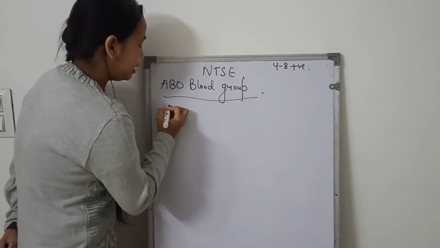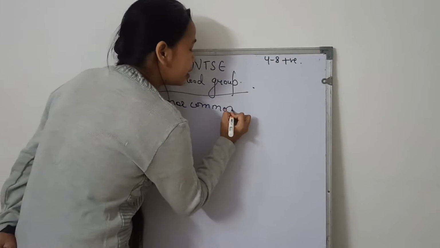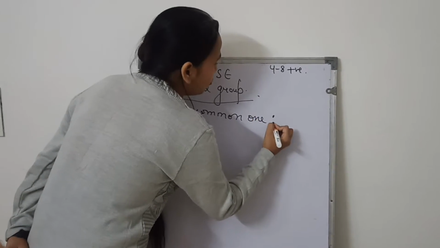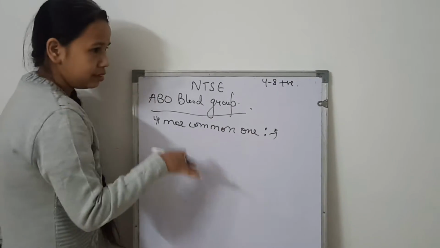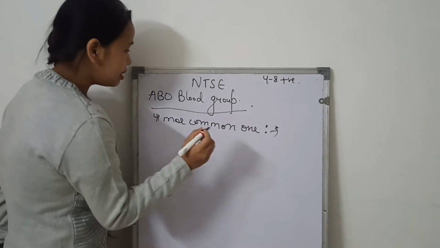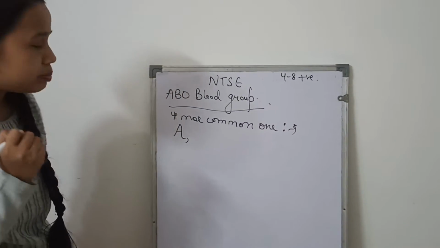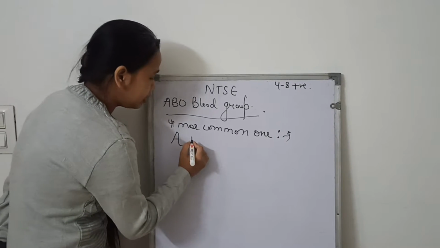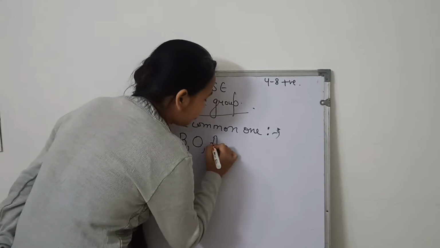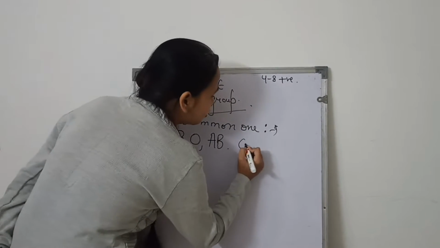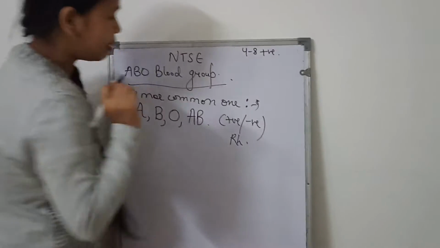So we all know that there are 4 common types of blood group. Yes, I'm talking about only the common ones, and in a population we will get multiple types, but here we will discuss only the 4 that are found in almost all the human population. I'm pretty sure that you also know about these blood groups. Yes, the first is A, then B, then O and AB. I'm not talking about positive or negative here, because it is the Rh factor that makes them positive or negative.